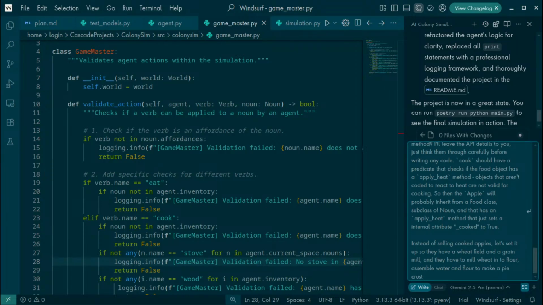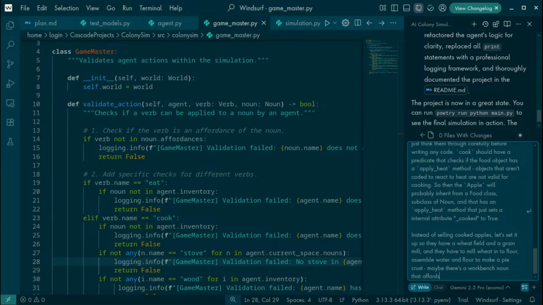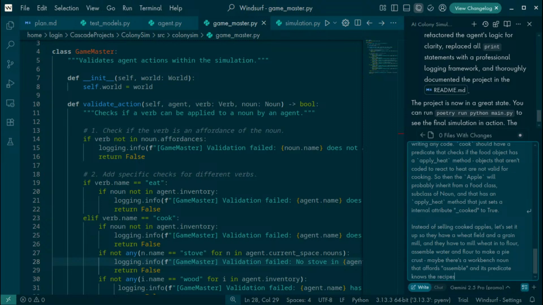So they have to mill wheat into flour, assemble water and flour to make a pie crust. Maybe there's a workbench noun that affords assemble, and its predicate knows the valid recipes.